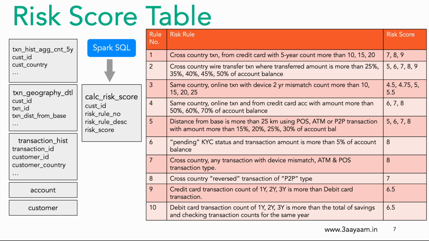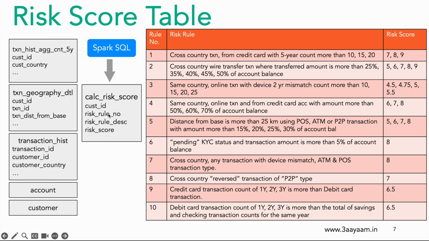Now again, you have to understand the purpose of the hands-on. I want to make sure that you practice using data frame API, Spark SQL, and then Spark streaming also. At the same time, you'll be using multiple sources like file source, database source, data warehouse, source, and target. All right. Now, calculate risk score would contain 4 columns: customer ID, risk rule number, risk rule description, and risk